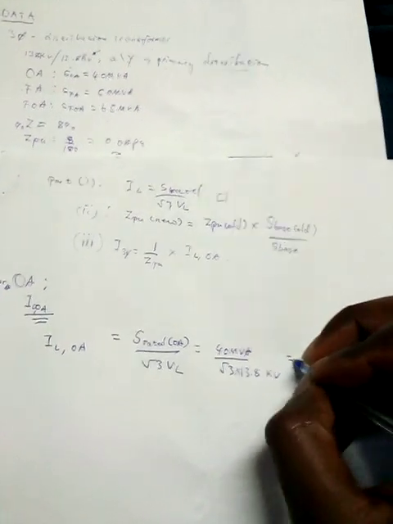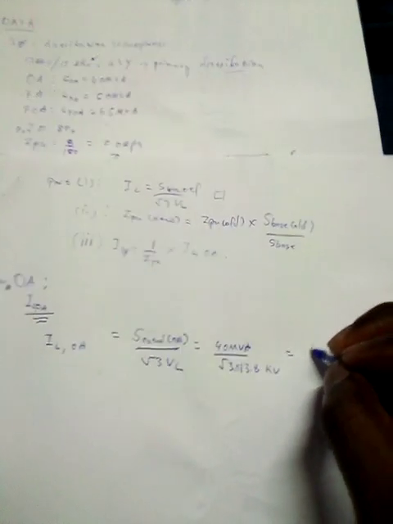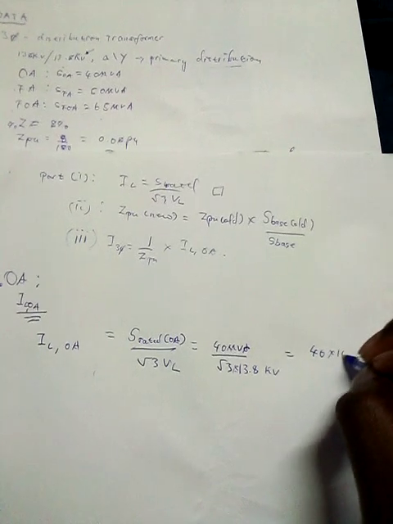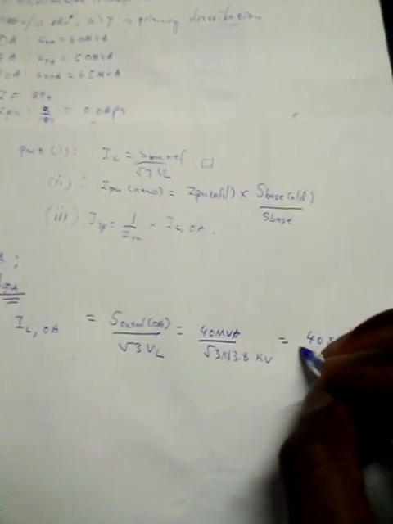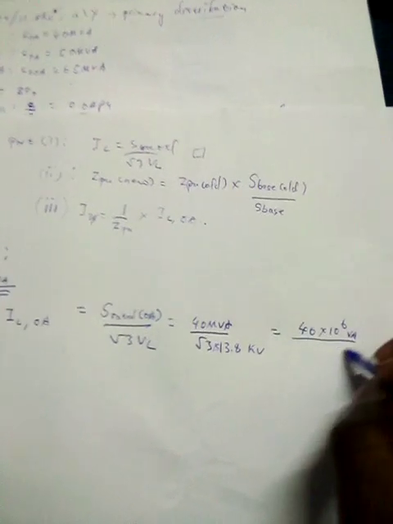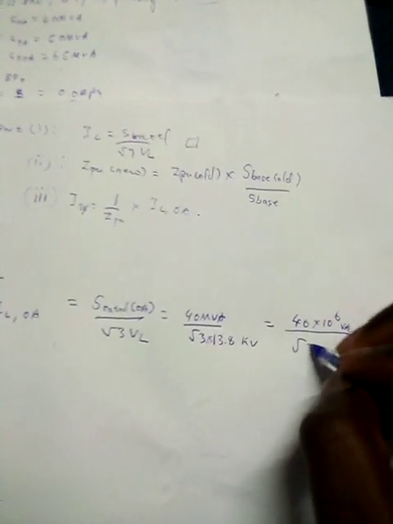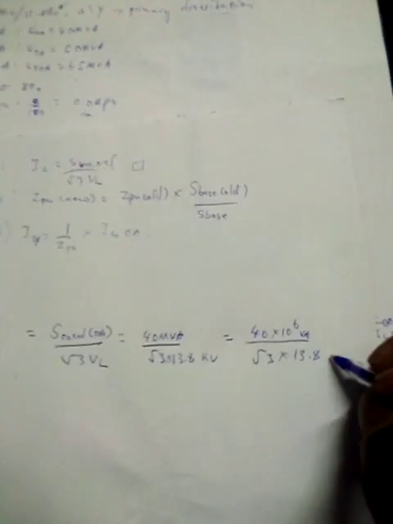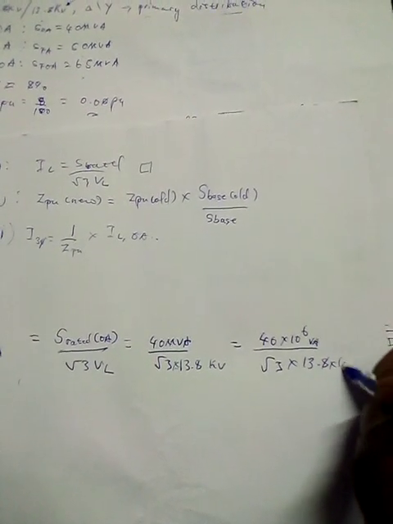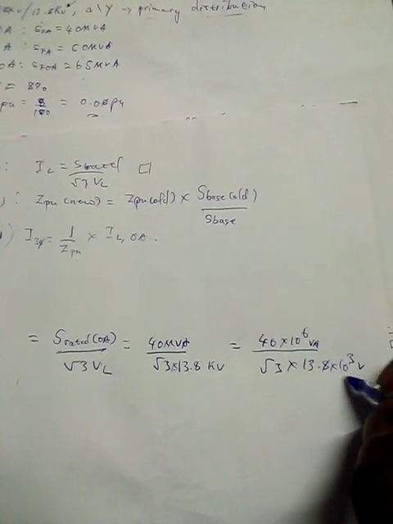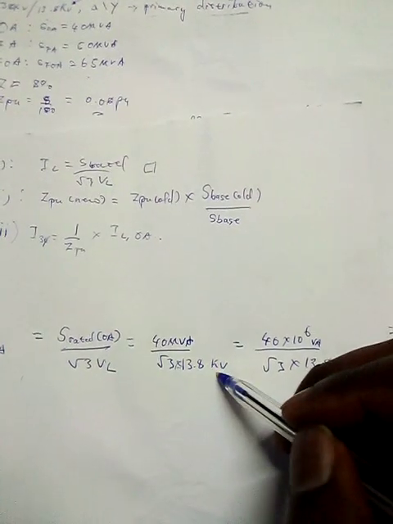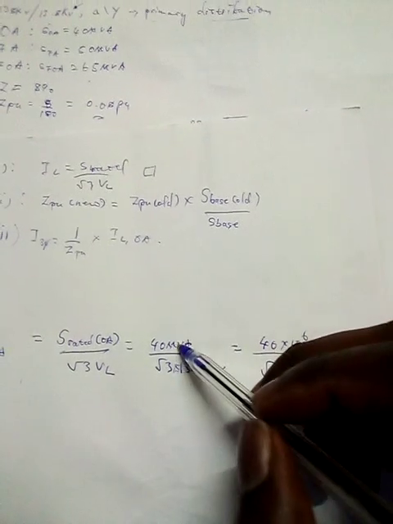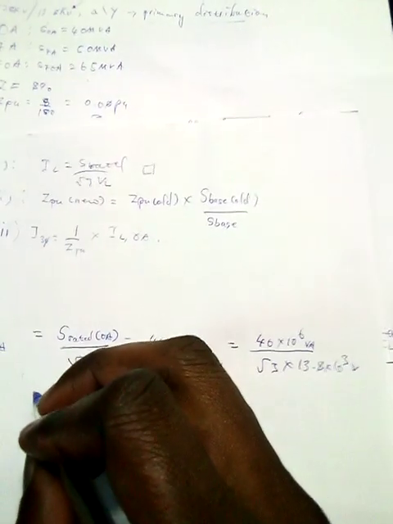Now take note, when we say 40 MVA, we're saying 40 times 10 to the power 6, that's mega volt amps, over these volt amps, and root 3 multiplied by 13.8, which is basically multiplied by 10 to the power 3 volts. That's your kilo, that's your K, and that's your mega, that's your M. So this will give you